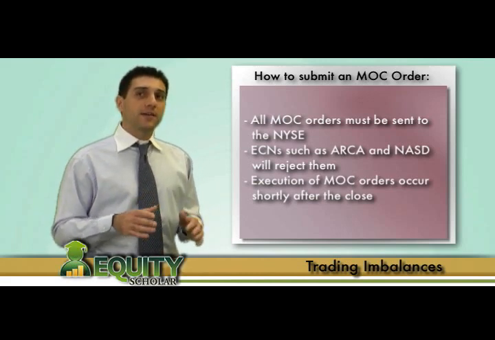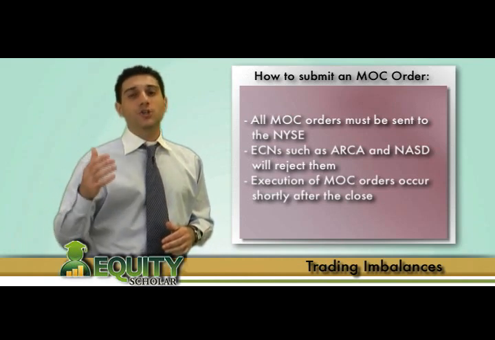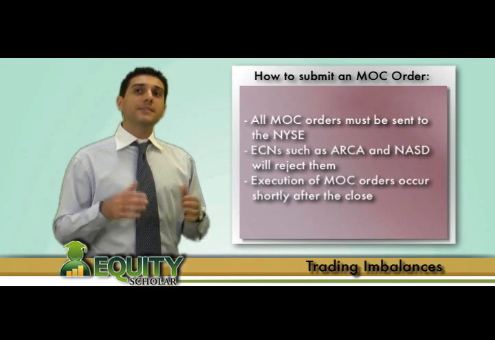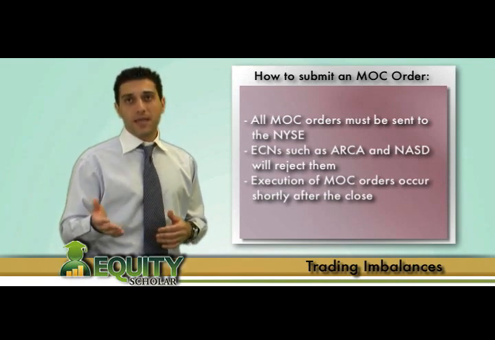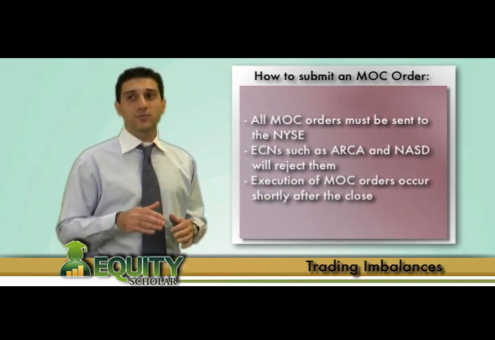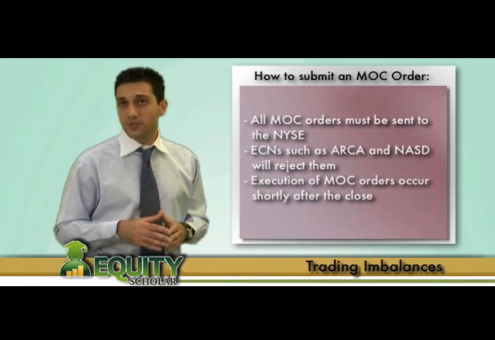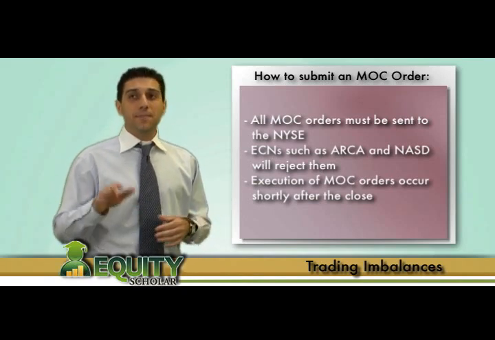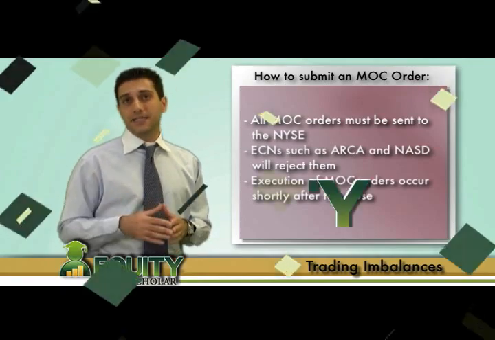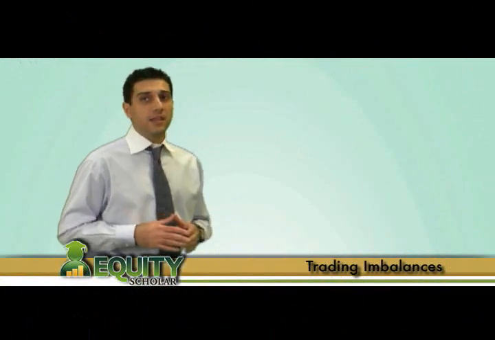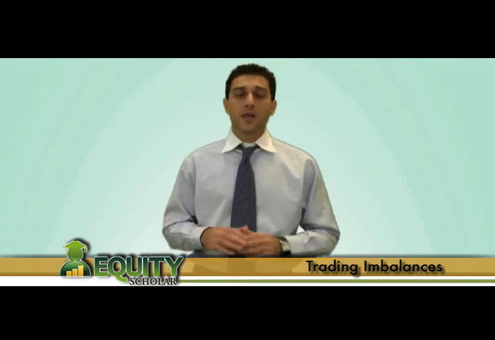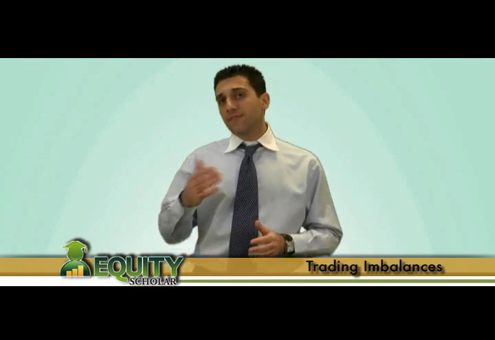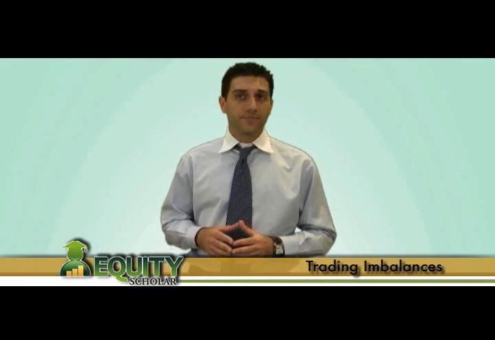The final print of the day will be a large block print which contains your order. The final print always takes place after 4 p.m. and can print as soon as within the first minute after the close, or take as long as 10 to 15 minutes, depending on the discrepancy of the imbalance. Keep in mind that, like all trading strategies and setups, there are no guarantees. Even the biggest imbalance can reverse and print adversely.